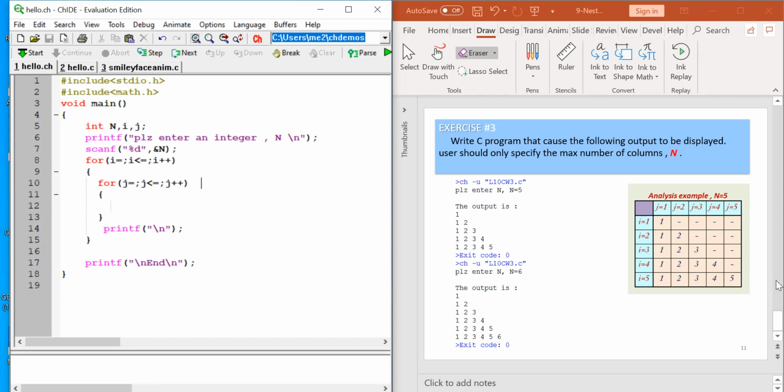It talks about how we can use nested loops to solve the problem. Exercise number 3 says: write a program that causes the following output to be displayed. The user should only specify the maximum number of columns, which is n. As you see in this example,